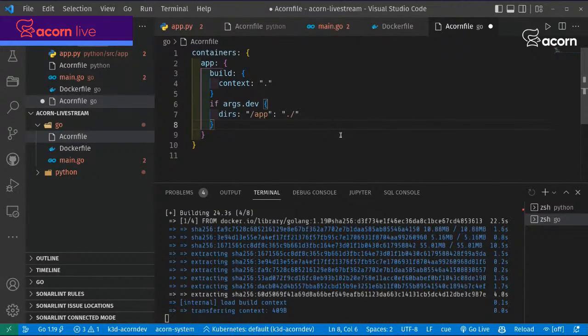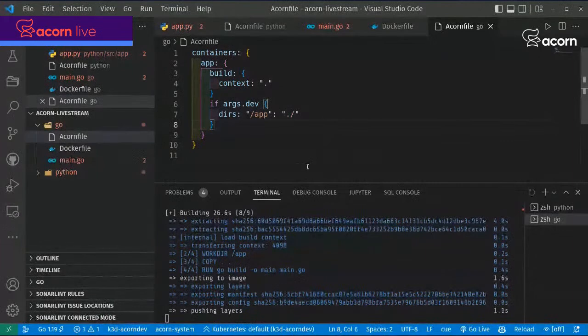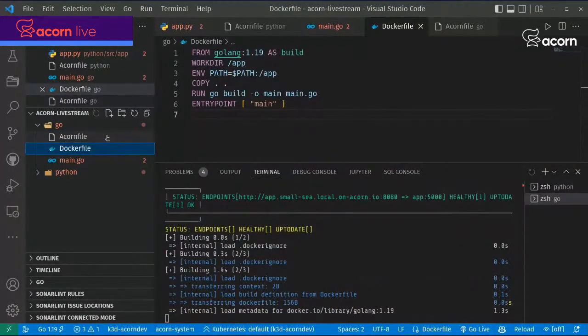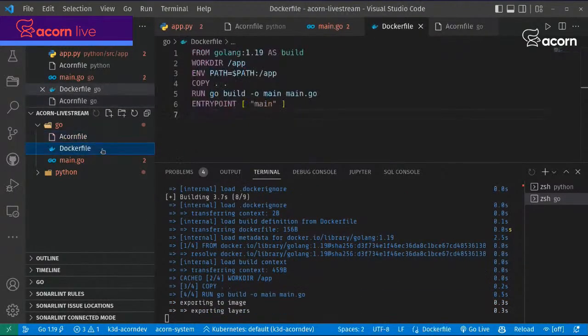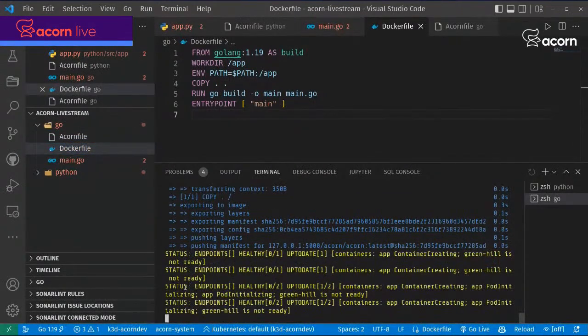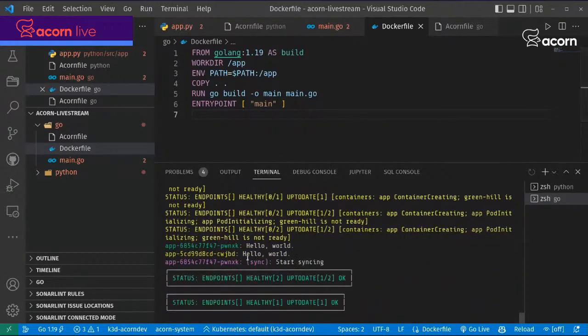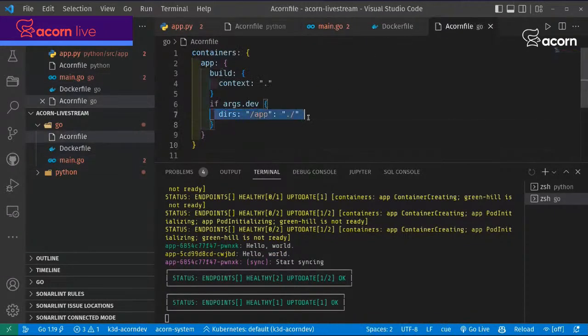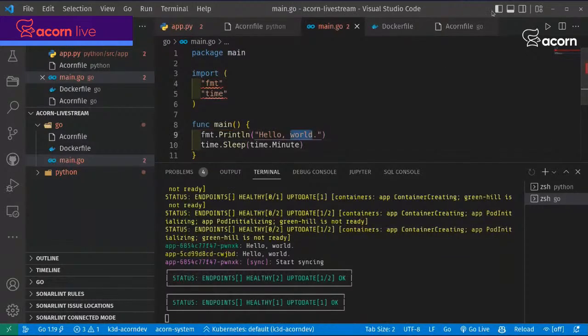So in this case, Thorsten, what's happening in the background there? It's actually building everything and compiling it? Yeah, it's using a Dockerfile to build the image and deploys it just as we did before in the normal mode in our Python application. And you will see here, once it's ready, it should output our log message. And yes, here it is. And it starts synchronizing. We also specified our bind mount here of our directory, and it will also recognize that